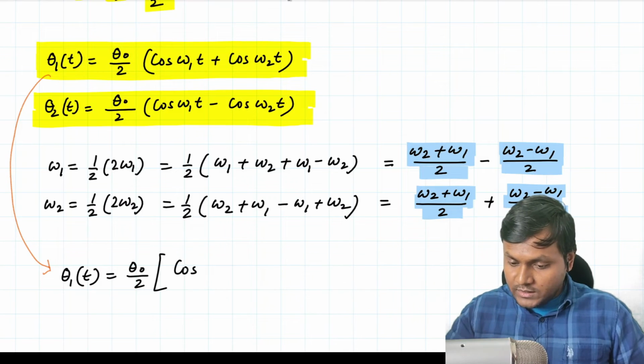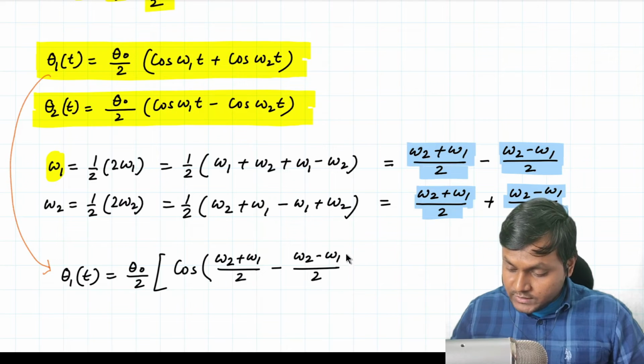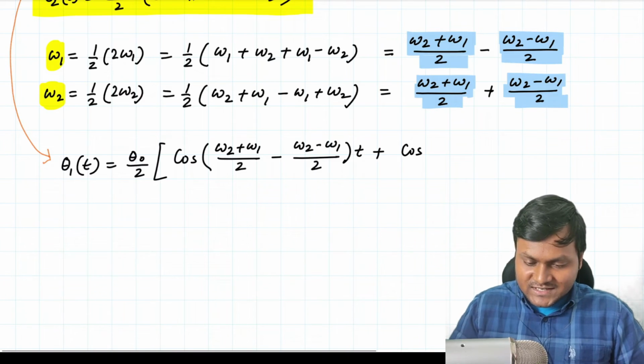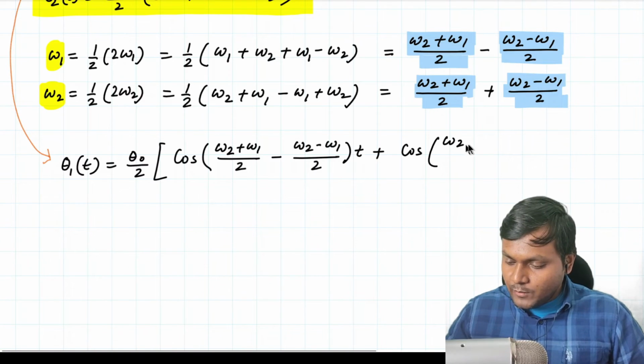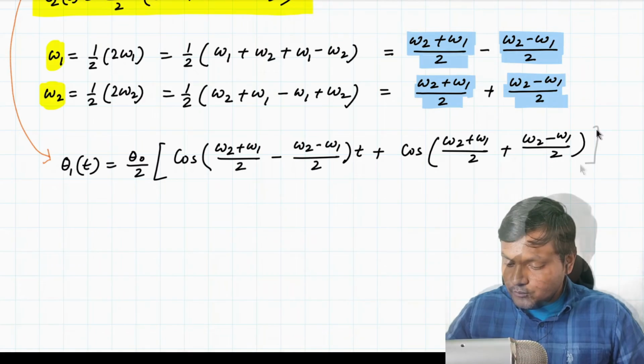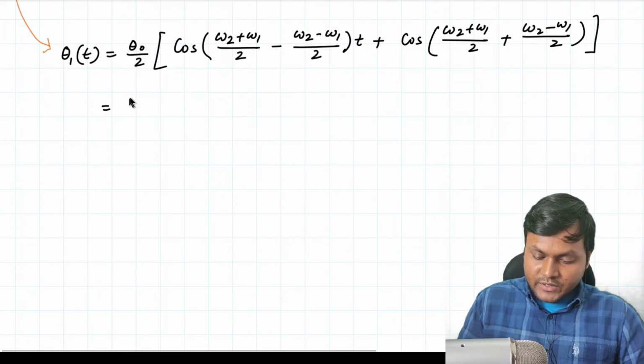So omega 1 is what? Omega 1 is equal to (omega 2 plus omega 1) upon 2 minus (omega 2 minus omega 1) upon 2, times t, right? And then you have omega 2. What is omega 2 here? Omega 2 is this. So this is nothing but (omega 2 plus omega 1) upon 2 plus (omega 2 minus omega 1) upon 2. Now, using the trigonometric identities of cos of A plus B,